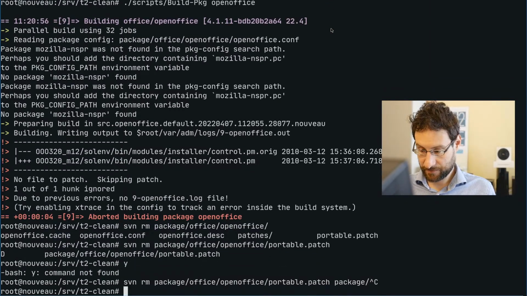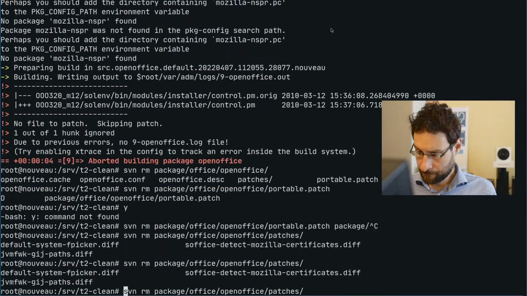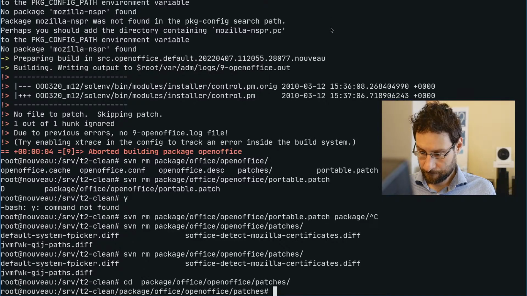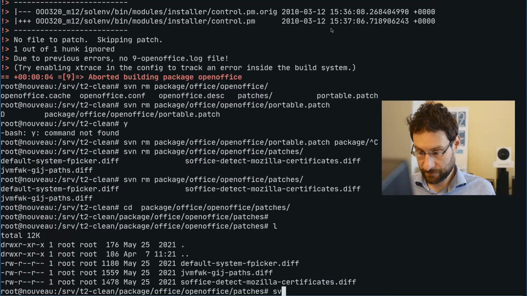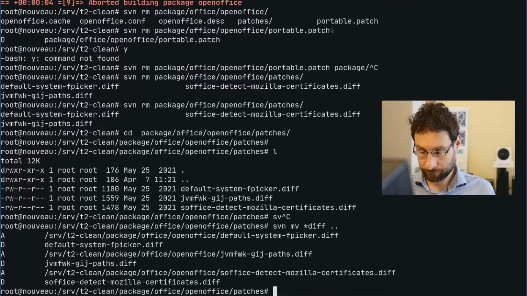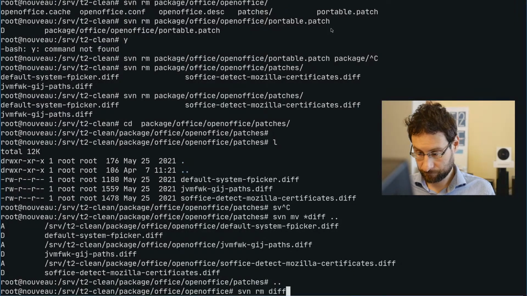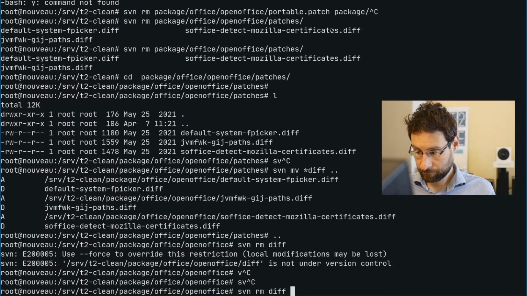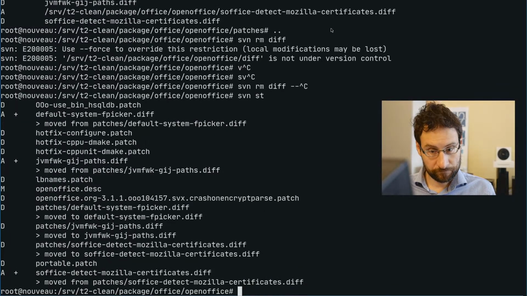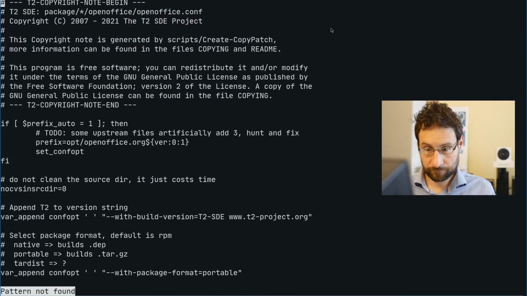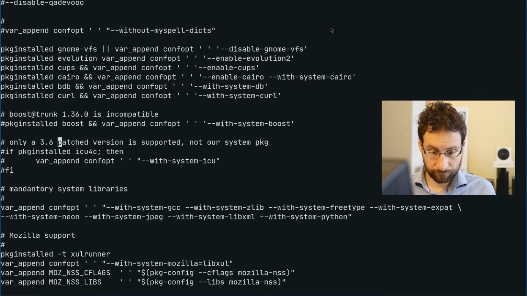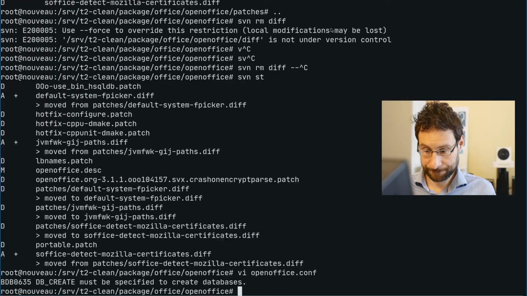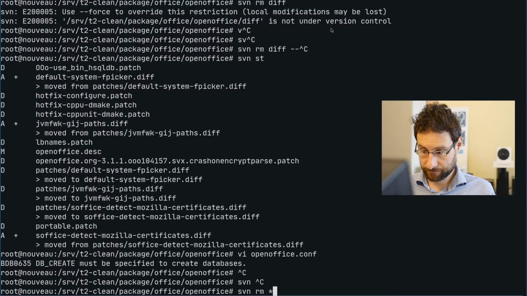What is here with these patches? This is not really how we do this. They don't even look used, to be honest.